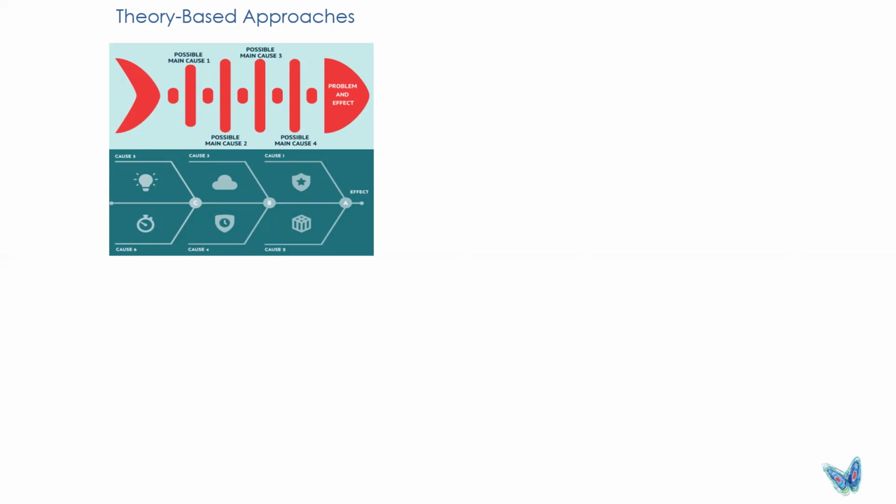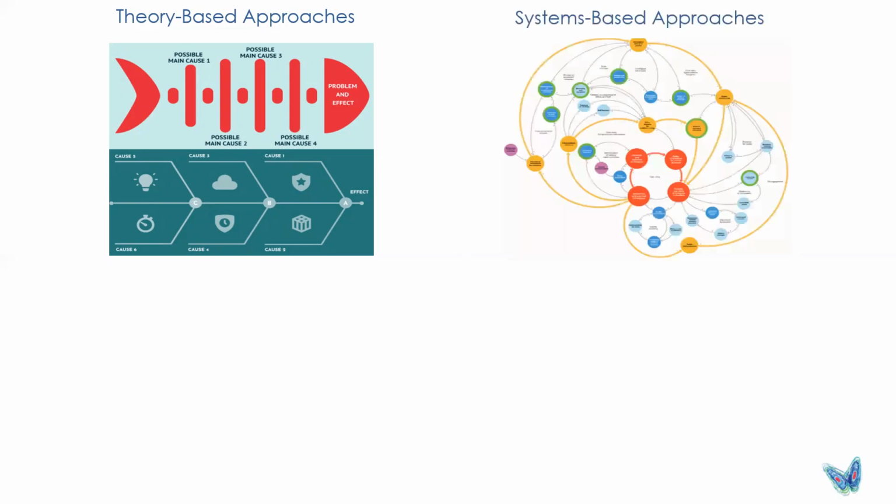One thing to note about theory-based approaches is that it is by nature linear. So it linearizes sort of the causation from the intervention to the outcome. This is in contrast to system-based approaches, which are more dynamic in nature. So as you make a system map like one here, you're able to identify positive and negative reinforcing loops, which means, suppose you start at a certain situation, there are certain cycles that can